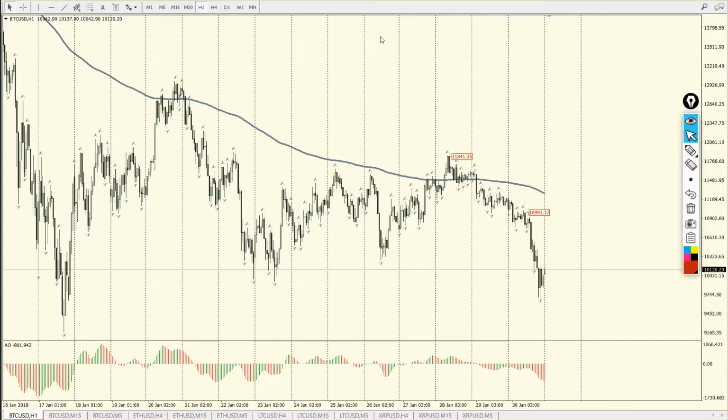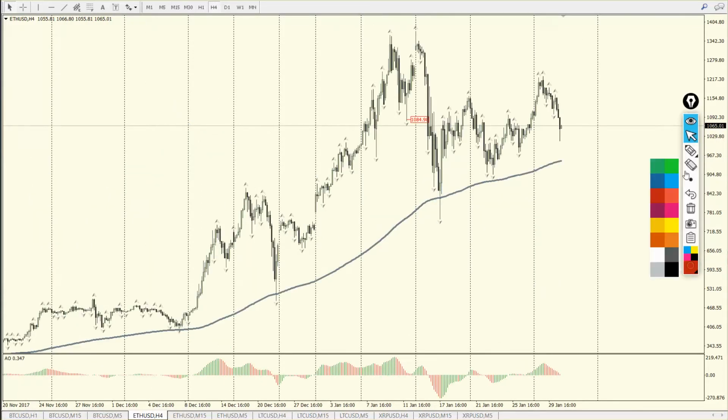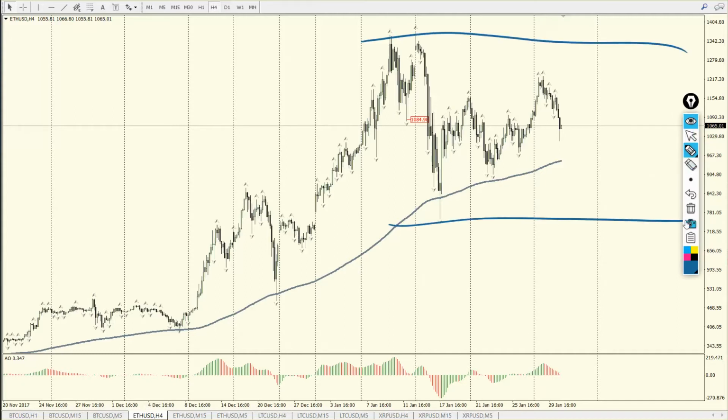So that's the quick idea with Bitcoin. Trend down, reference points are there, pivot points are there. As long as they are not broken, the trend down will proceed. Let's go to the next cryptocurrency, which is Ethereum. First of all, what we need to know about Ethereum is that Ethereum is in an all-time flat phase.